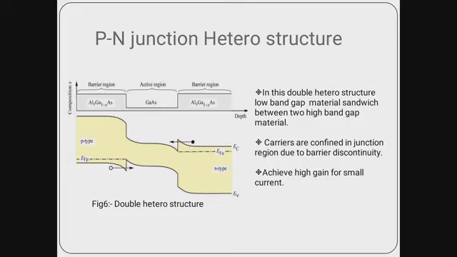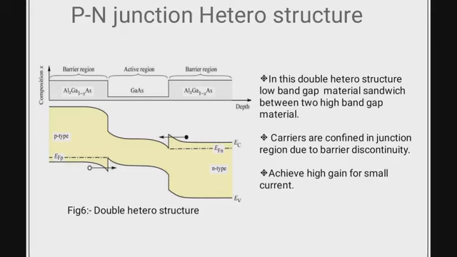These are basically high band gap materials, which we have seen in this diagram. Here the band gap is much more as compared to this. This is a very low band gap material. That means aluminum gallium arsenides for p-type and n-type beads are high band gap, but in the active region, suppose this is a lightly doped p-type material I have chosen, and here the gallium arsenide which has been used is a low band gap material.